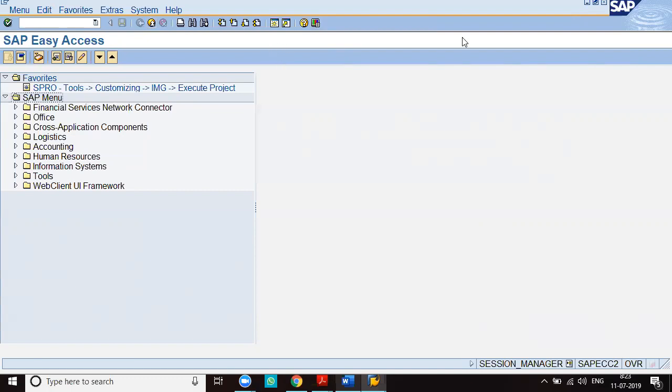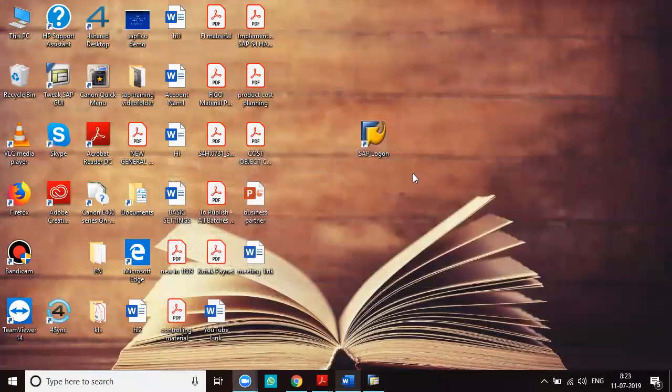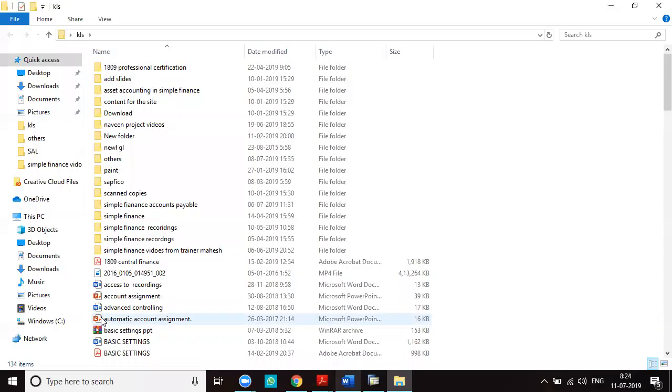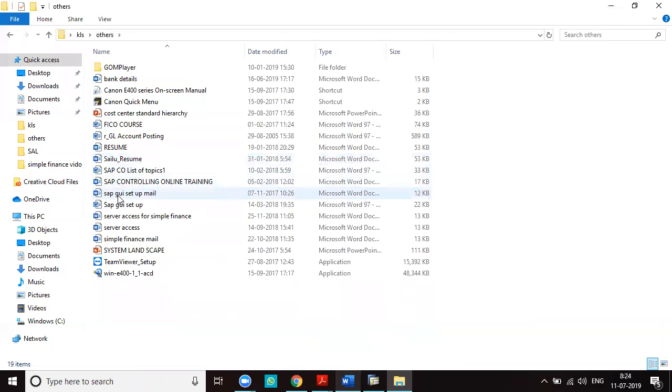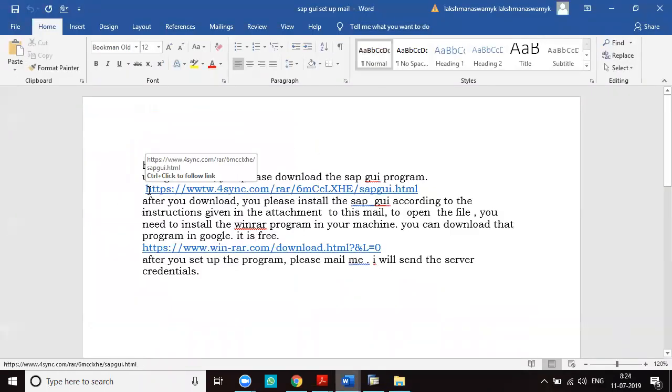Today, after the class, I will send all of you one mail with the details of how to set up this SAP logon. In the mail, I will send you one link. Okay, 1 second, I will show you that. See here, this is the link with the help of which you can download the SAP GUI program.